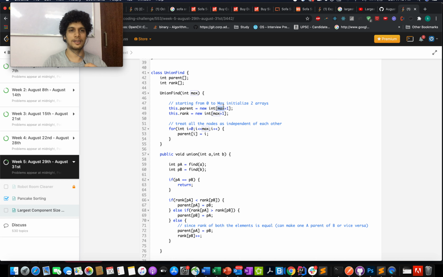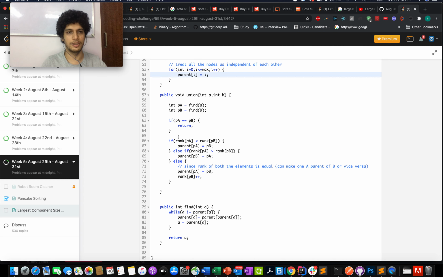This will be the maximum element present in your array, from the 0th index to the maximum value. I have initialized it to the maximum value and treat all the nodes independently in the initial case, and mark the ith index as its own parent.